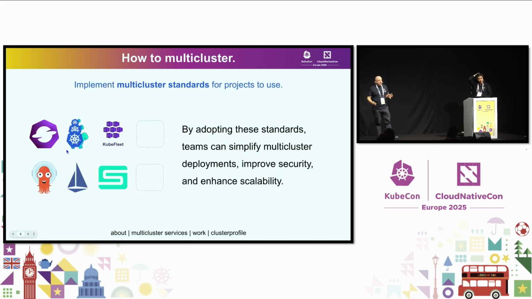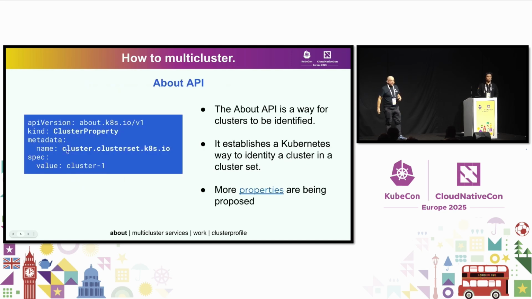And why do we do this? Because by adopting standards, it makes it easier for the projects you work for and add to contribute and to be part of this. So whether it's something like CAPI or KubeFleet or whatever it is you're working with, by using the standard, we make it easier for you to fill those empty boxes. So you can come along and say, hey, my project wants to be part of multi-cluster, and this is the way that we can do that. And the idea, again, is that once we have these agreed upon community standards, it's not about bringing your standard in and dropping it on, it's about finding something that works for everyone. So that is sort of the basics on how we do this. I'll hand over to Ryan now to take you through a quick overview. Thank you,